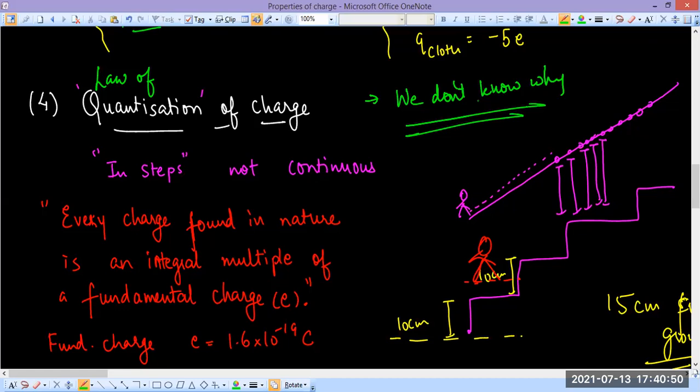But once you start going deeper and deeper into physics, when we come to quantum mechanics, we realize that in reality everything is quantized. In nature, everything is quantized, so it's not a big surprise. In quantum mechanics, we find that momentum is quantized, we find that energy is quantized, we find that position is also quantized. So such things are there.